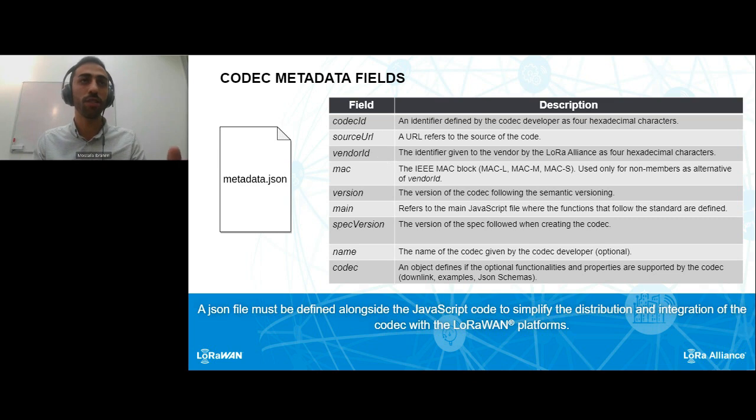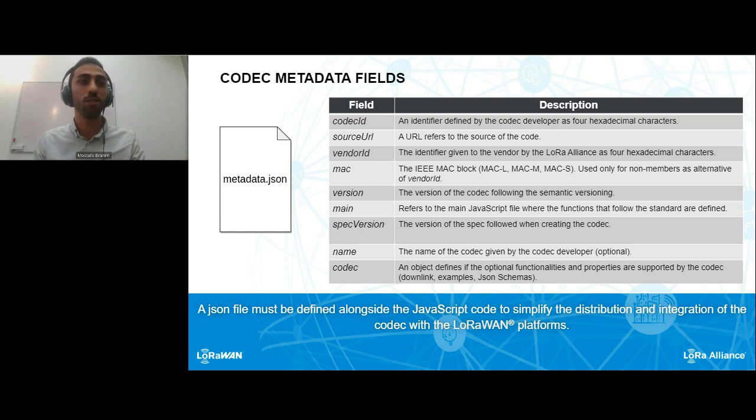There are already some vendors that have IDs on the LoRa Alliance. So all the vendors that are members already have an ID. The MAC is the IEEE MAC block. This one is only mandatory if there is no vendor ID. So the MAC is used as an alternative to the vendor ID, because